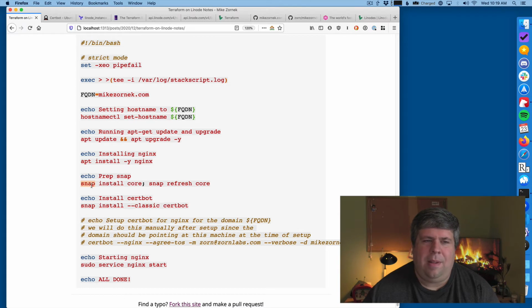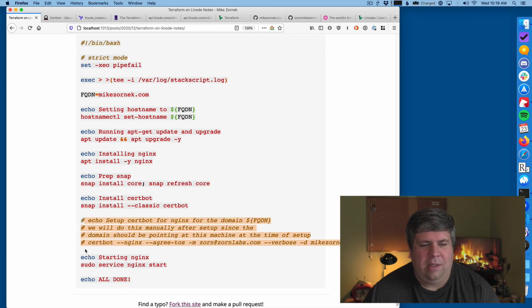I don't really use Snap that much, but certbot, which is what I'll be using to create the SSL certificate, prefers Snap for this distro. So I think Snap's already installed, but installing core and then refreshing core is what certbot asked for. So that's what I'm doing. I install snap, then I install certbot.